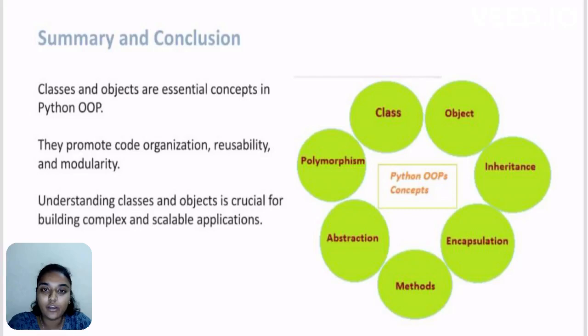Next, we reach the last part of the session, that is conclusion. Classes and objects are essential concepts in Python OOP. They promote code organization, reusability, and modularity. Understanding classes and objects is crucial for building complex and